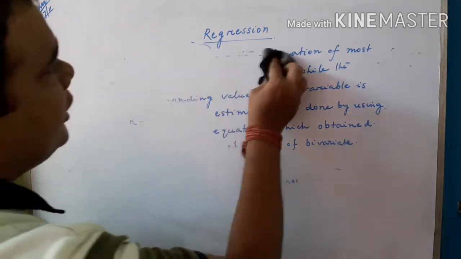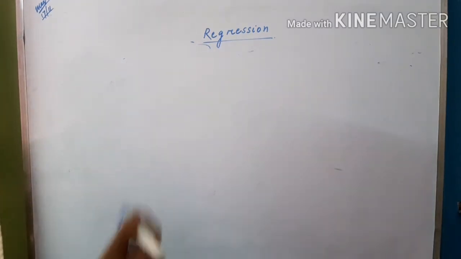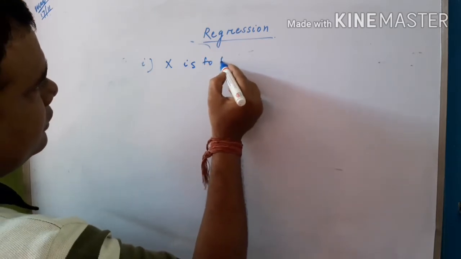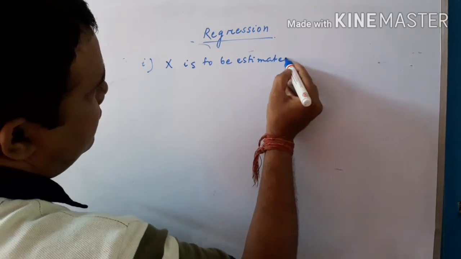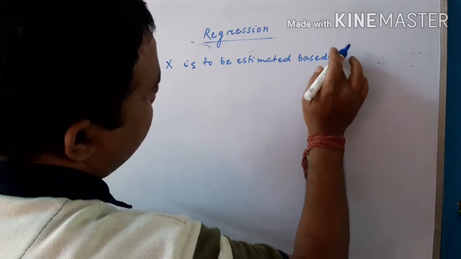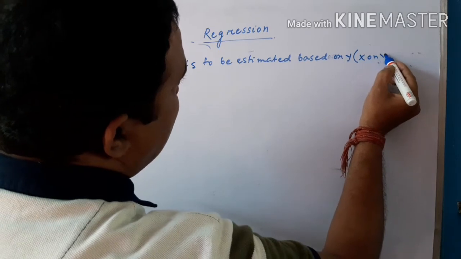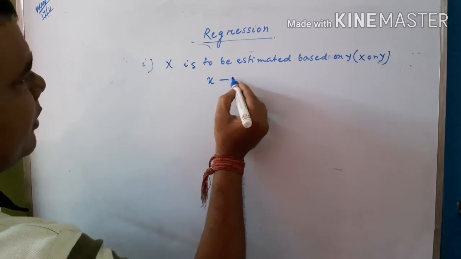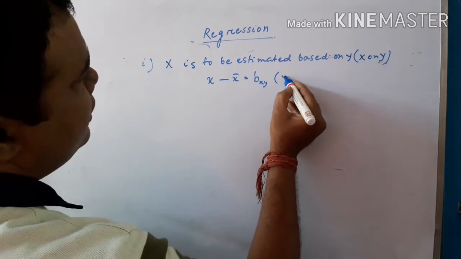The two regression equations are, number one, x is to be estimated based on y. Briefly we say x on y, and this equation is x minus x bar equals bxy into y